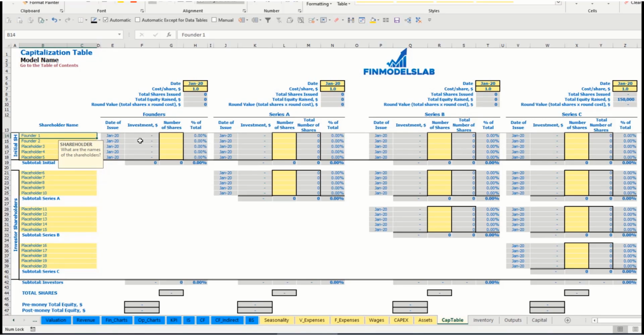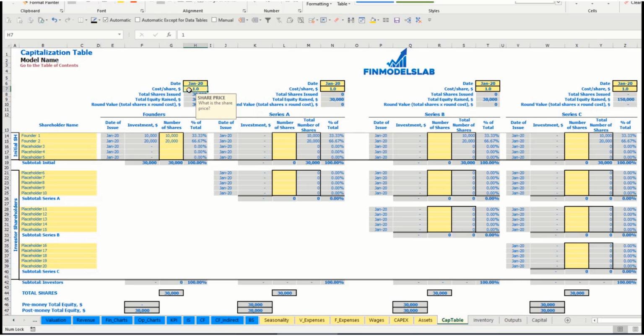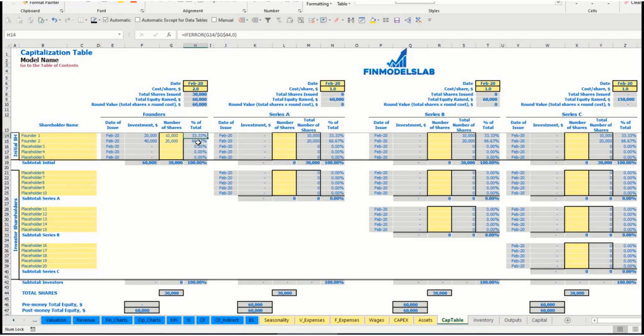So total amount of shares for founder 1 can be 10,000, for founder number 2, 20,000. Let's imagine that cost of share will be $2 and the date of founding is February. This means that investment for founder 1 is $20,000, for founder 2 is $40,000. In total they invest $60,000, which you may see here. The dilution is 33 to